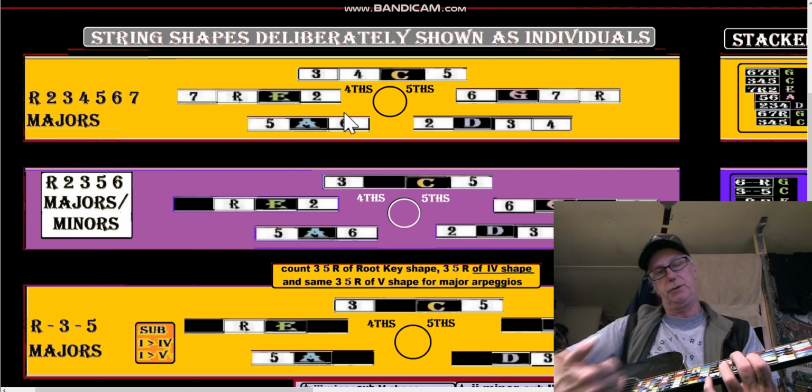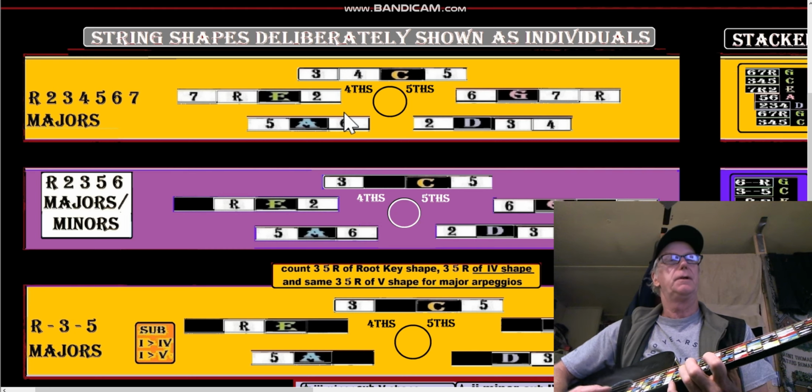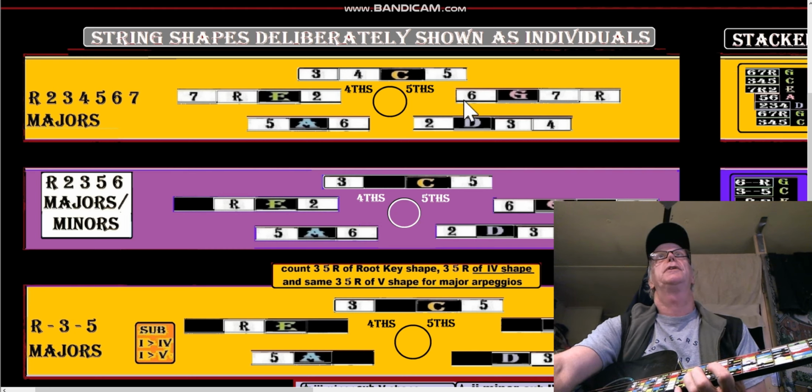So CAGED goes to the right, to my right, so it'll be 6, 7, root, because that's the G string shape, 6, 7, root. That's why we want to know them